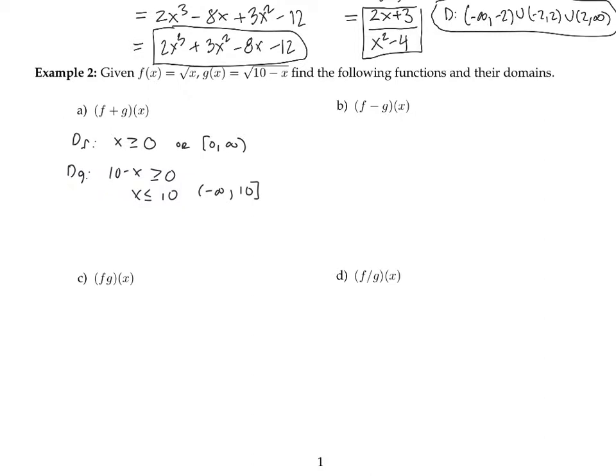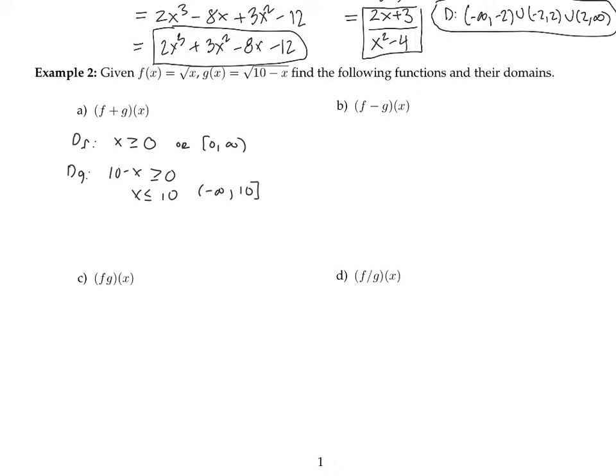And you can also check that by plugging in some numbers. Like if you plug in 11, are you going to get a real number result out of g of x? No, you won't, will you? You'll get square root of negative 1, right? If you plug in like negative 100, is that going to be okay? You get 10 minus negative 100, the double negative makes addition, so plugging in negatives past a certain point is totally fine. Okay,